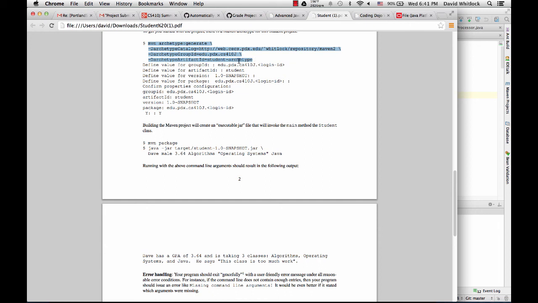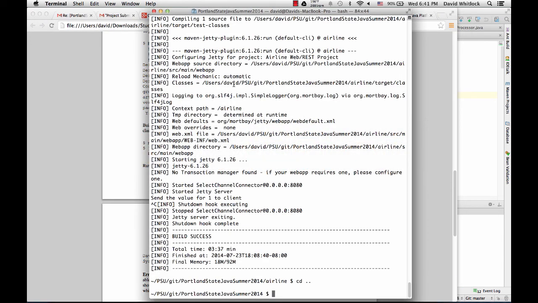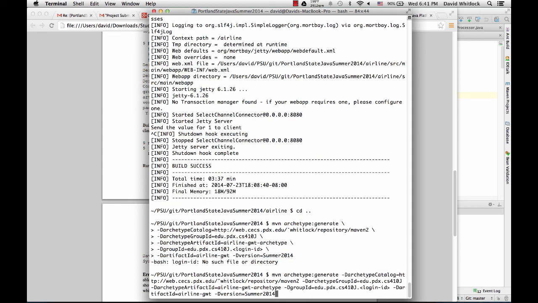Did I do that right? Nope. Command, copy. And then paste. Watch it fail. So your Control A. And then, nope. Alt. Okay, so fix the tilde.